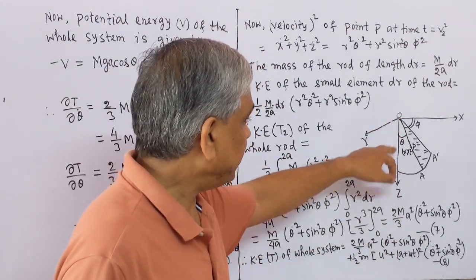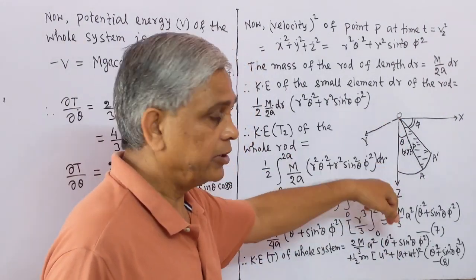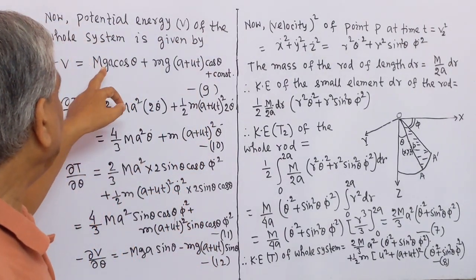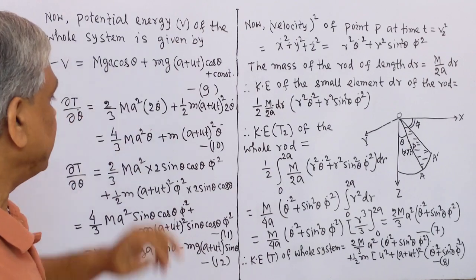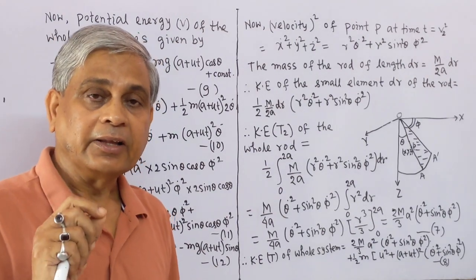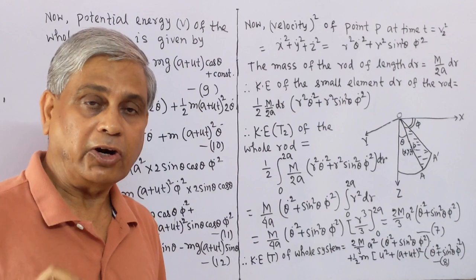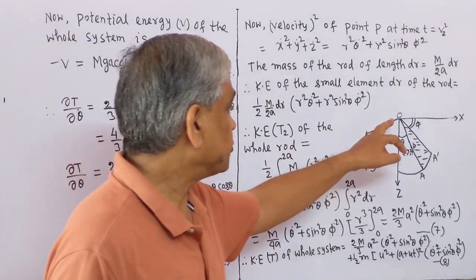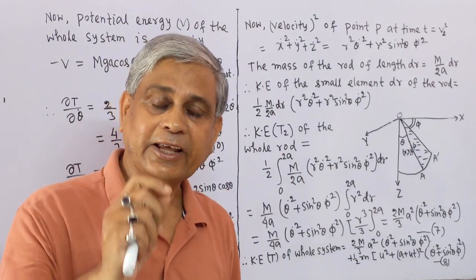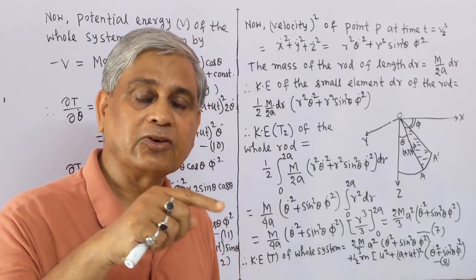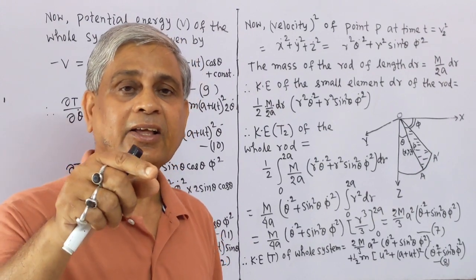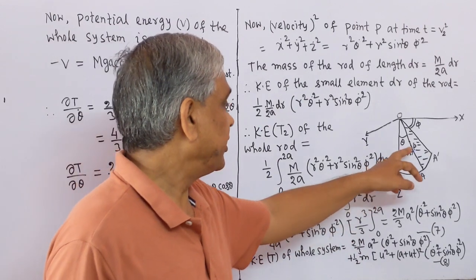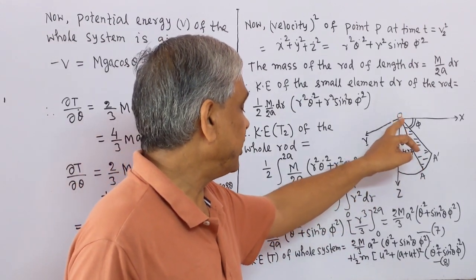So potential energy is reduced downwards. So minus V equal to capital M g a cos theta. Here the center of gravity of the rod is at a distance a from the fixed point O, and the gravitational force acts on the rod at the center of gravity of the rod, and this center of gravity is at a distance a from the fixed point,